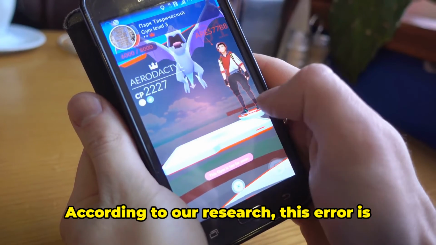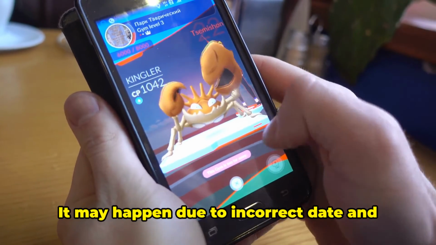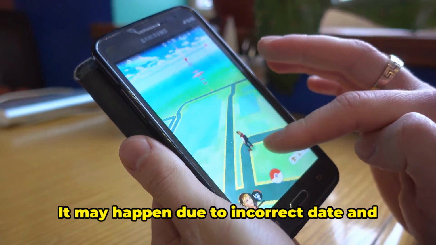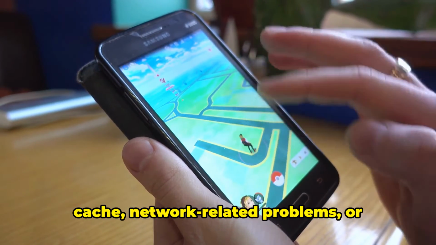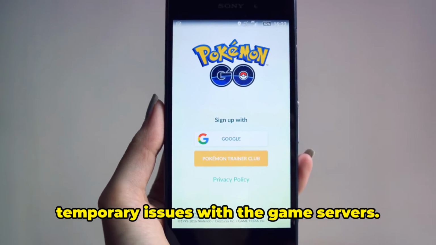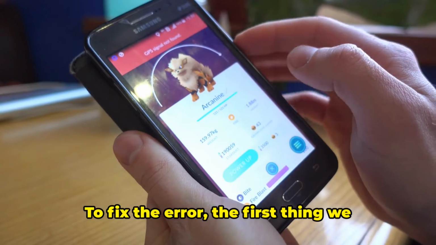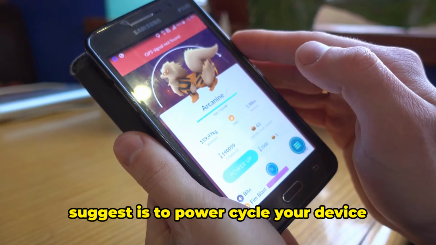According to our research, this error is likely caused by issues with the authentication process. It may happen due to incorrect date and time settings, VPN interference, corrupted cache, network-related problems, or temporary issues with the game servers. To fix the error, the first thing we suggest is to power cycle your device along